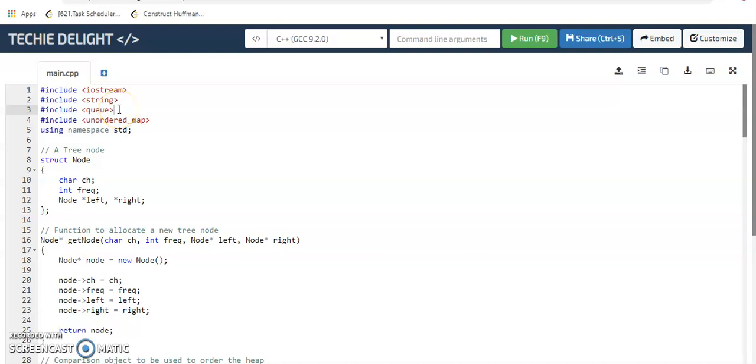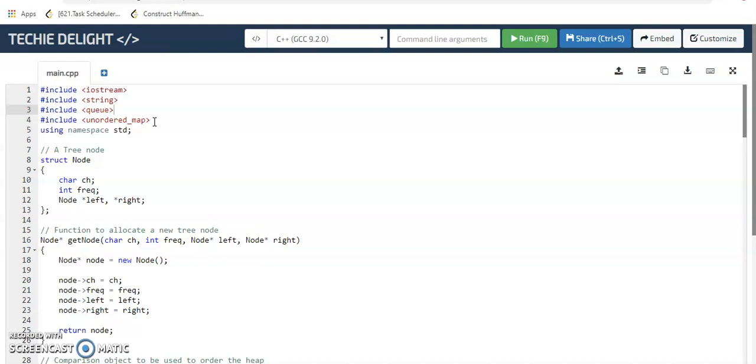The C++ code to implement the Huffman coding algorithm technique utilizes some new concepts such as the binary heap data structure, standard template libraries, vector data type, etc. Here, queue and unordered_map are the two standard template libraries which have been utilized to implement the Huffman coding algorithm. This algorithm has 4 steps.